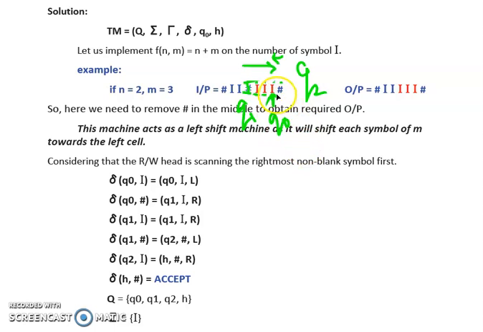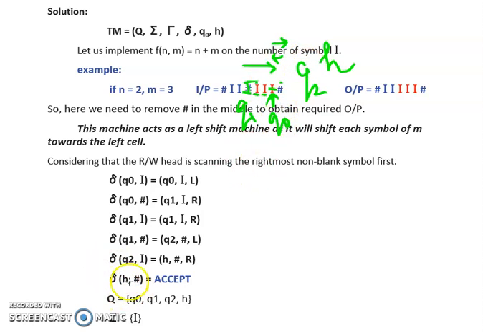So this I will be replaced by a hash. So we are going to replace this I by a hash. That means we are removing this I and the state will change to the halt state. So from Q2 we have moved to the halt state. So this I is replaced by hash, and from Q2 we have moved to the halt state, and the movement of direction changes towards the right. Again we are moving to the right direction.